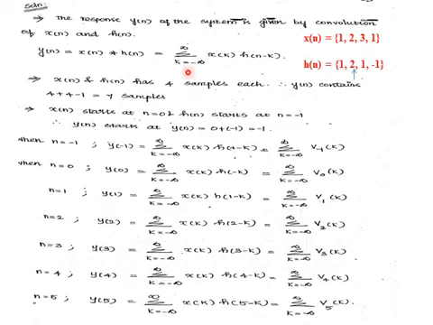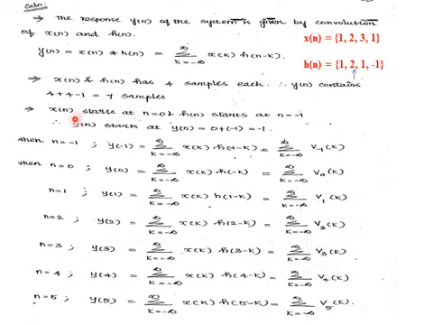As we discussed earlier, before performing convolution, we have to do two basic steps. The first step is finding the number of samples in y of n, for which the formula is n1 plus n2 minus 1, where n1 is the number of samples in x of n and n2 is the number of samples in h of n. Looking at this given input, both x of n and h of n have 4 samples each. Therefore, y of n will have 4 plus 4 minus 1, which is 7 samples.